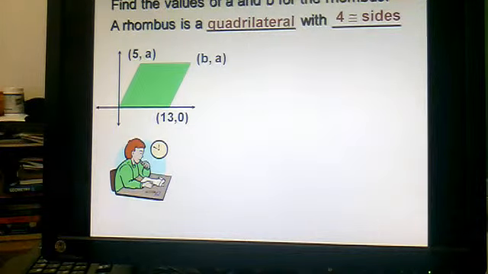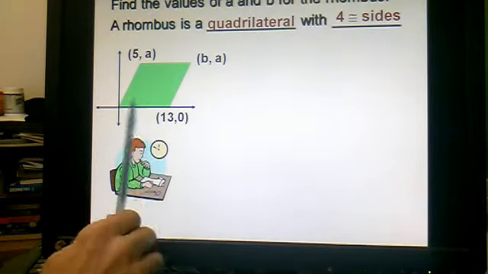I set my clock here. If I was in class, I would let you think about this for 2 or 3 minutes, discuss it, hopefully come up with something. It's a little tricky. It is an application of Pythagorean theorem again. So if you're still stuck, and you have paused it, hopefully tried it for a couple minutes,